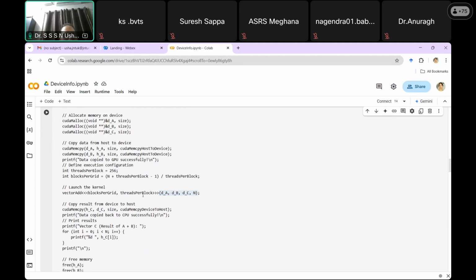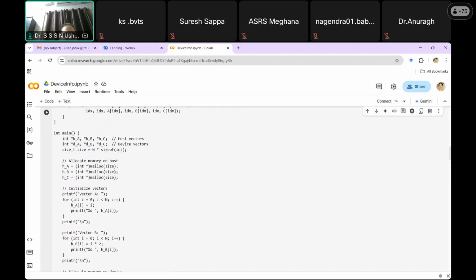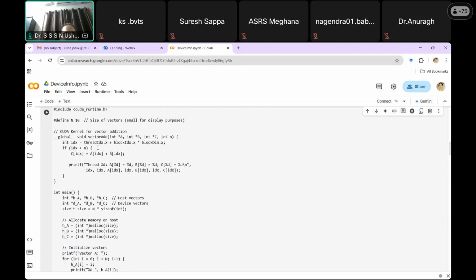Once the kernel is launched, it is automatically going to be executed multiple times, and it is going to collect the results. So where to keep the result? For example, A of 0 plus B of 0 should be kept in C of 0. A of 1 plus B of 1 should be kept in C of 1. The formula for that is threadIdx.x plus blockIdx.x times blockDim.x to get that index. You can try it theoretically with the thread IDs and block IDs, and you will get index 0, 1, 2, and so on.